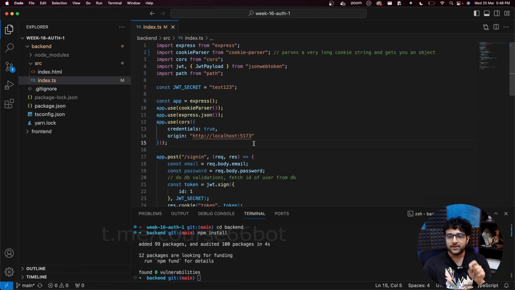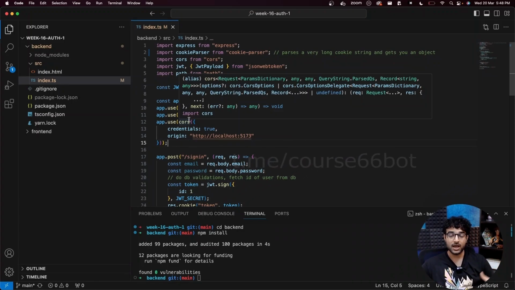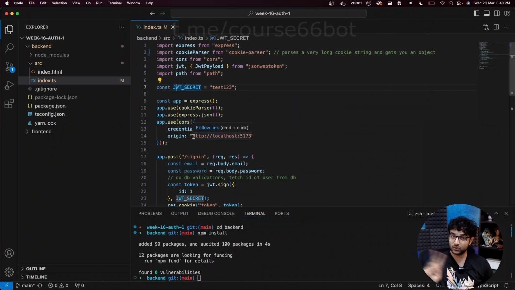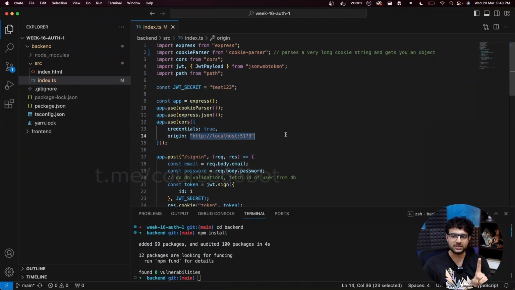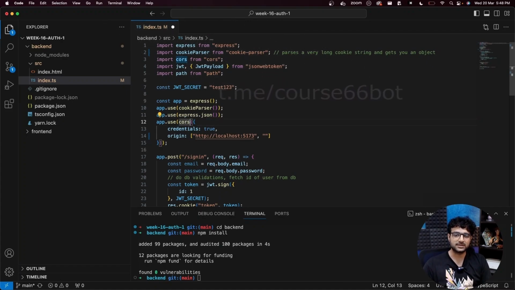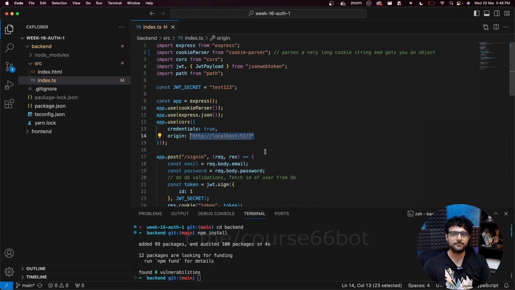In Express, if you are using cors, if you are allowing cross origin requests, and if you want cookies to be set, you need to pass credentials as true and you need to give an origin. I don't even know if there is a way to have multiple origins here. I think, and I could be wrong, and if I am, let me know in the comments. You cannot have multiple front ends from which this cookie can be set if you're using cors in Express. Could I be wrong? Yes, but I think this cannot be an array. This can only be a string, which means there is a single front end that is allowed to set the cookie